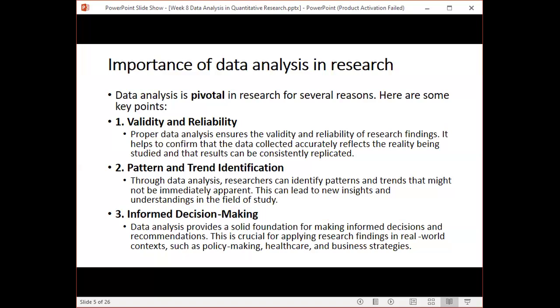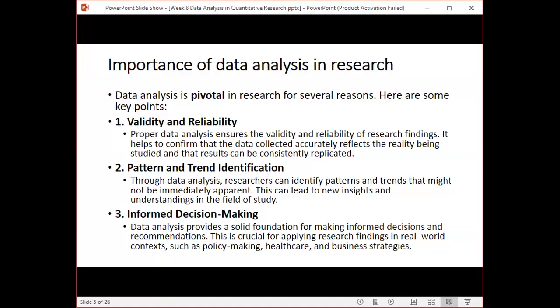Okay, it can help you make informed decisions. Once you analyze data, whatever conclusions you are drawing can be used to make informed decisions. And based on that, you can recommend as well. So conclusions come, you recommend based on your conclusions, and it's crucial for